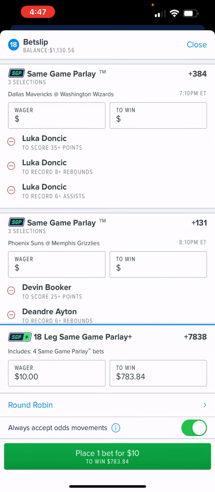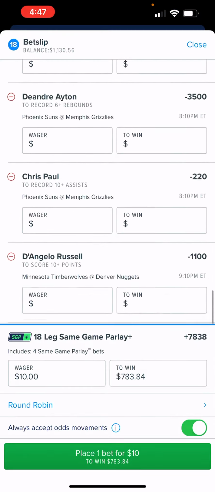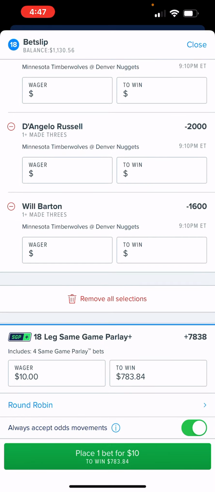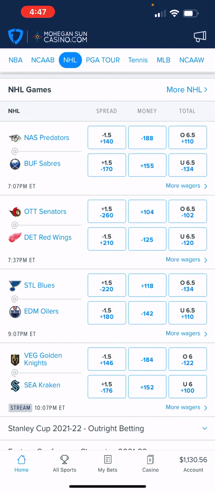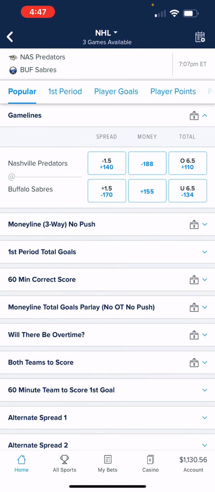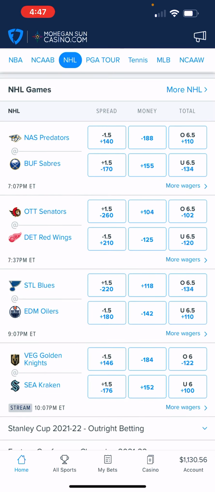game parlay for you. I'm going to clear my bet slip just in case. And you can actually do it for different teams, different leagues, different sports.